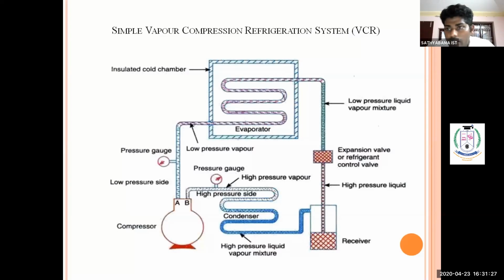You can see this important 16 mark question, the simple vapor compression refrigeration system. I will be explaining the major parts: the compressor, evaporator, expansion valve and receiver. The compressor is used to compress low pressure air into high pressure air. Here we are using a reciprocating compressor. Yesterday we studied the reciprocating compressor. It compresses low pressure into high pressure, and it is a single stage compressor. The evaporator will convert vapor into liquid again, and the expansion valve will reduce the pressure and temperature.